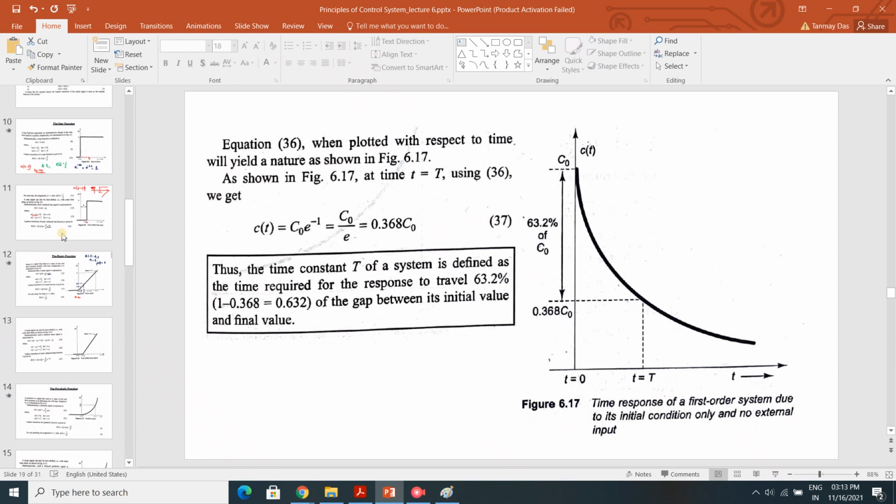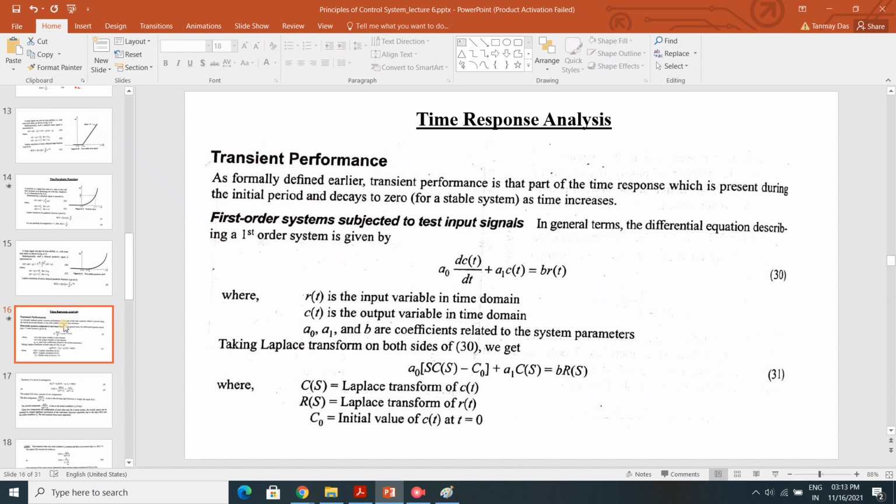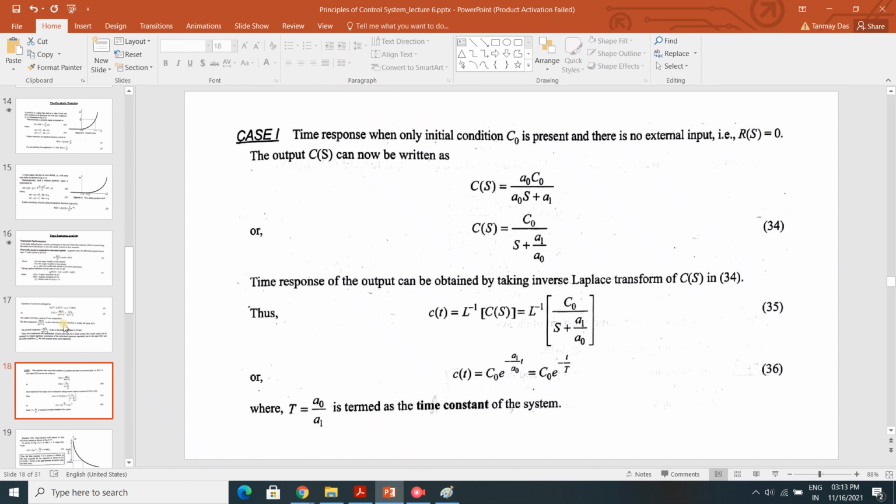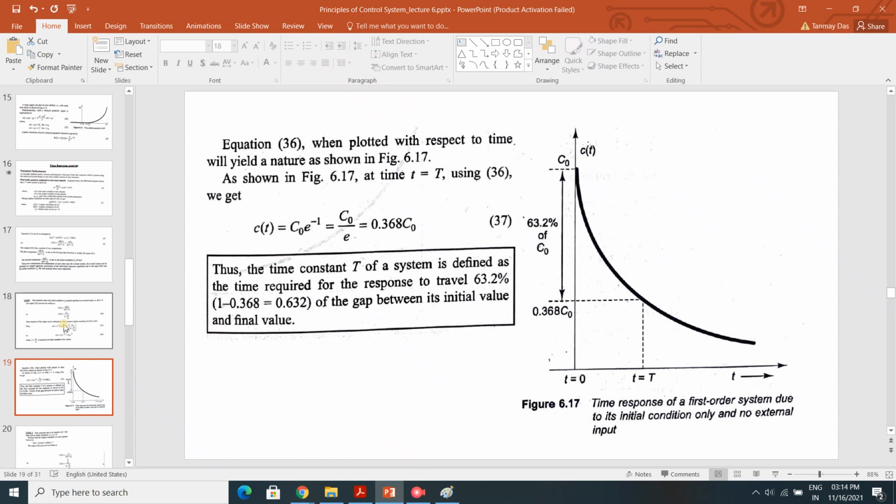Okay, so I think you have understood these basic concepts, that whenever you are determining any time response, in time response analysis, always remember that the system is in time domain. Then you have to convert that into S domain, and then check the response, check the output. Once you get the equation of the output, the next step is to convert that into time domain and then plot the graph.